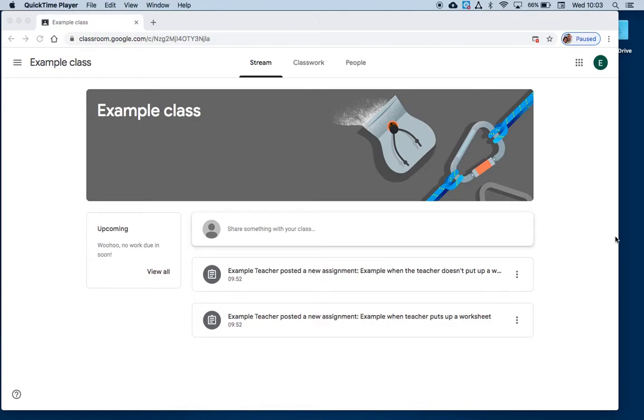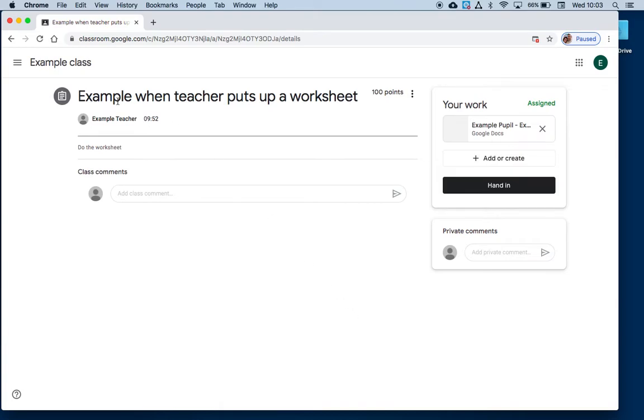Let's go through some ways to upload work into Google Classroom. The first way is when a teacher puts up a worksheet for you to write in. So it's going to look something like this. There'll be the name of the task up here, there'll be some instructions here, and on the right hand side